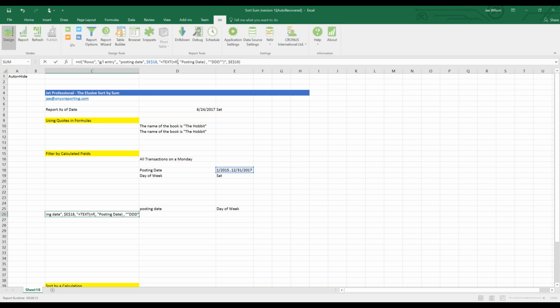Now, of course, we know that because we're inside quotes, the text posting date needs to be wrapped in double quotes. And that should do it. Bam. If I change this to Sunday,